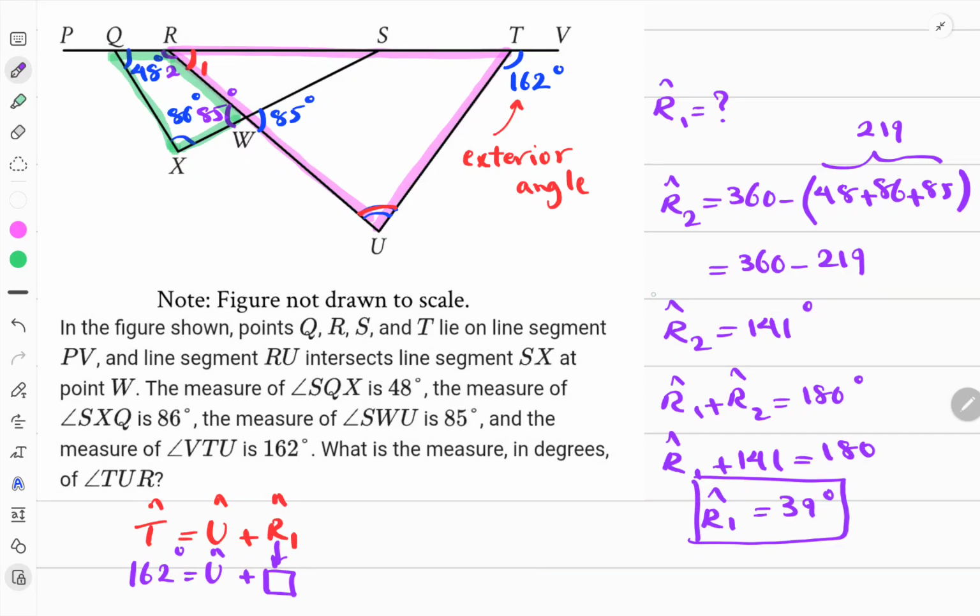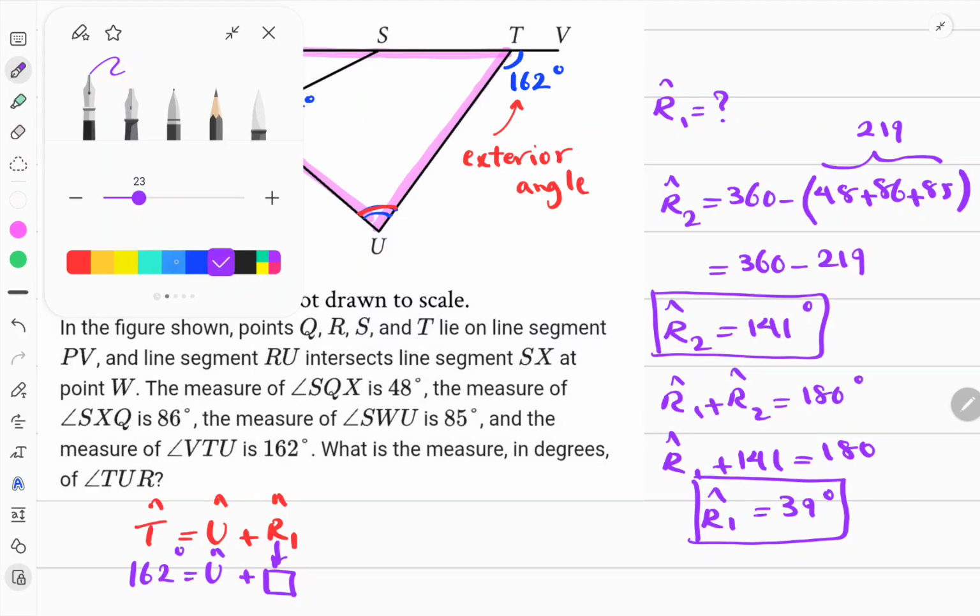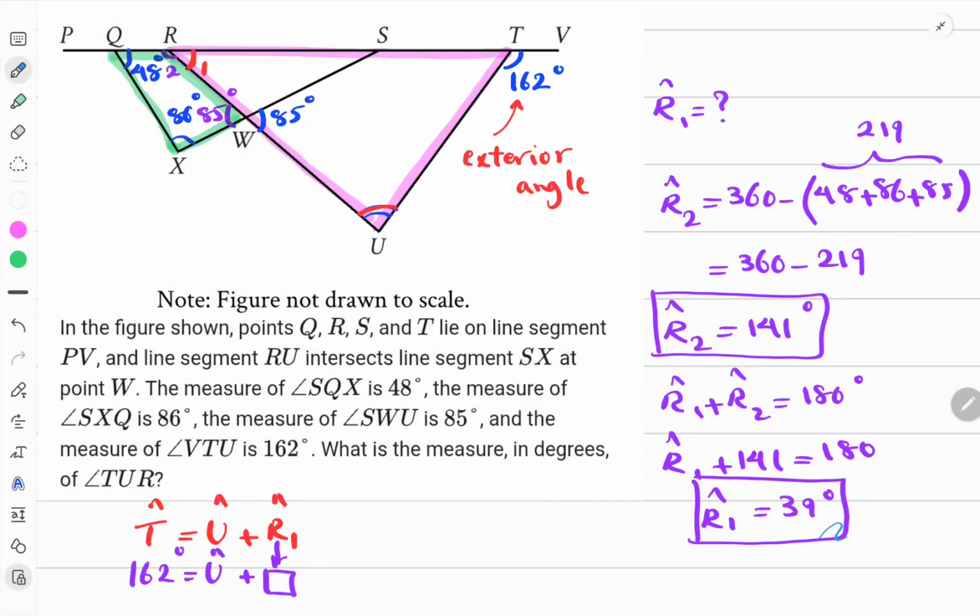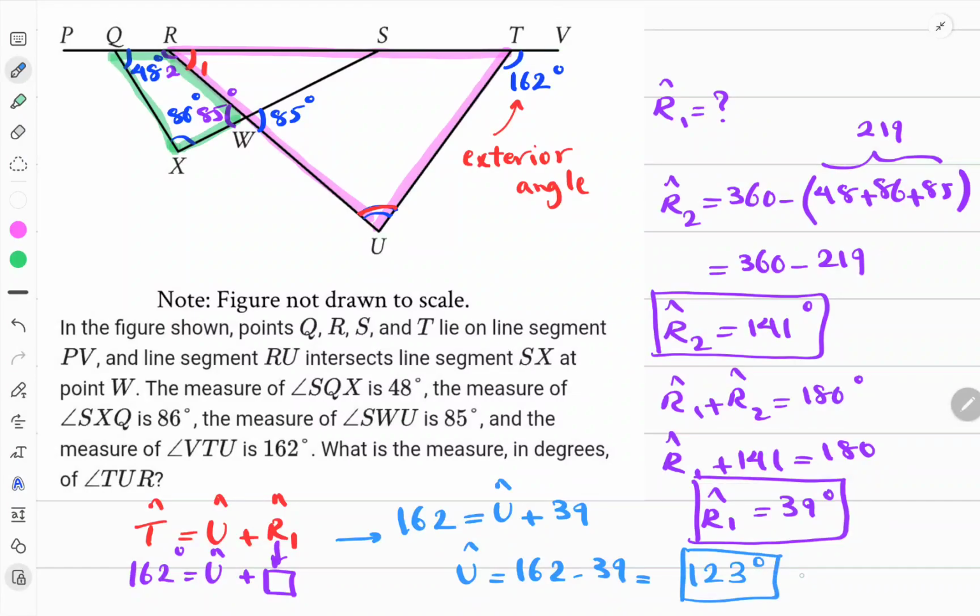Okay, so the last step is to substitute 39 for R1 in this formula. So 162 equals U plus 39 degrees. So U equals 162 minus 39. That gives us 123 degrees for the final